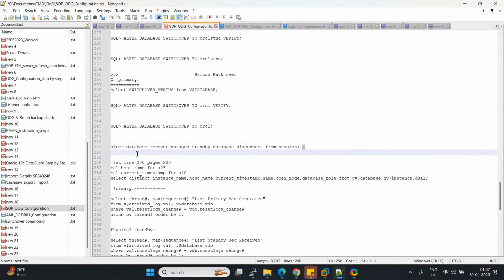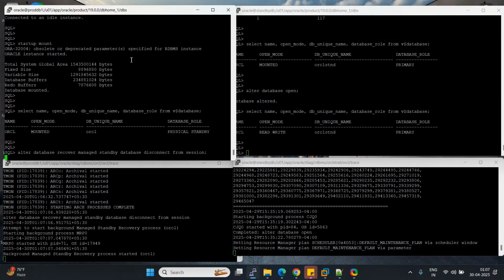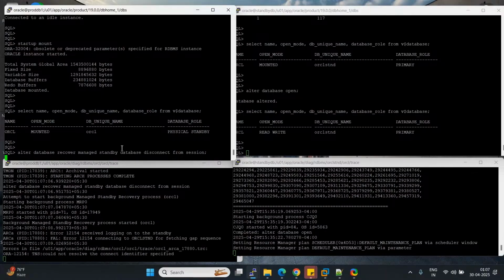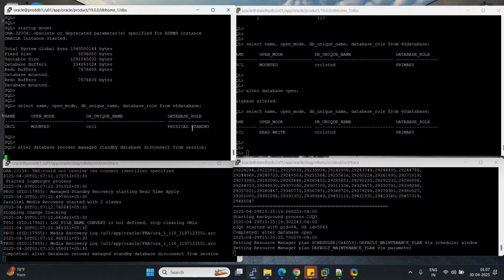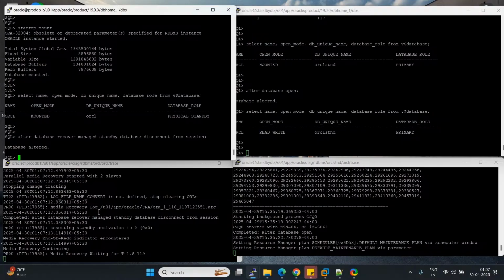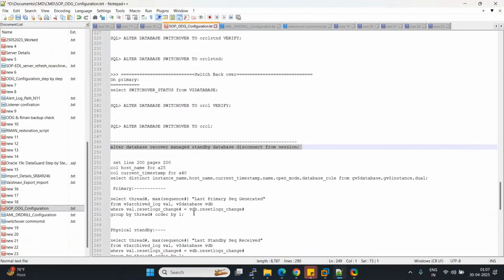Let's see whether the MRP is running or not. Now we have started the MRP: alter database recover managed standby database disconnect from session. Now the MRP is starting. Media recovery is waiting. Now media recovery has started. Here we will do some log switches. First we do a switch log. Let's check the